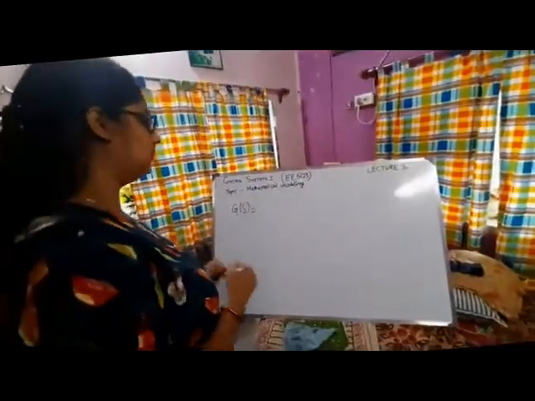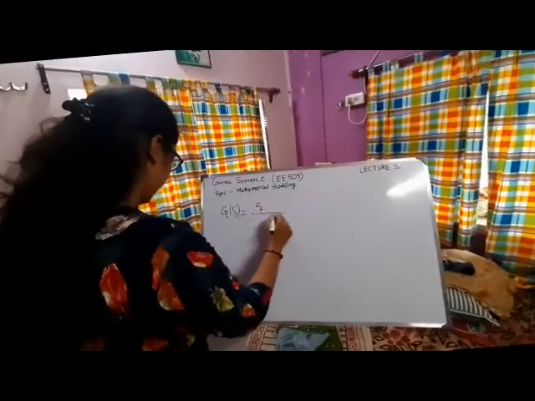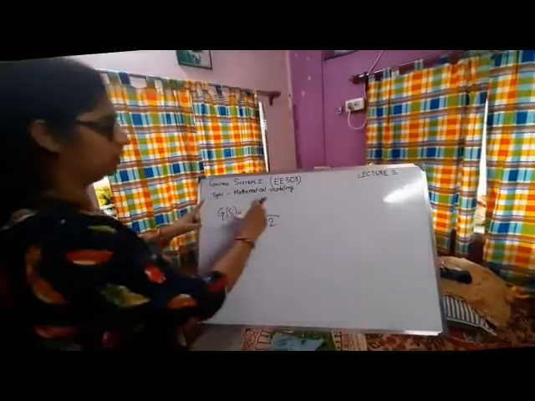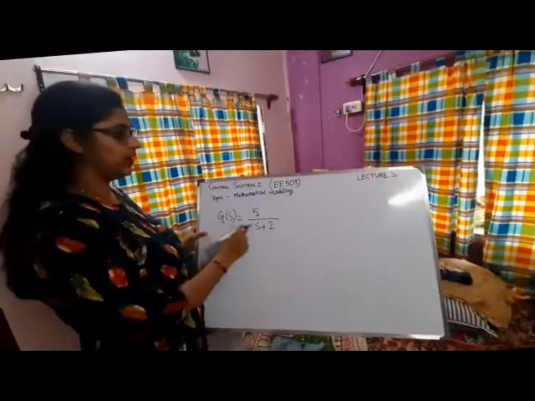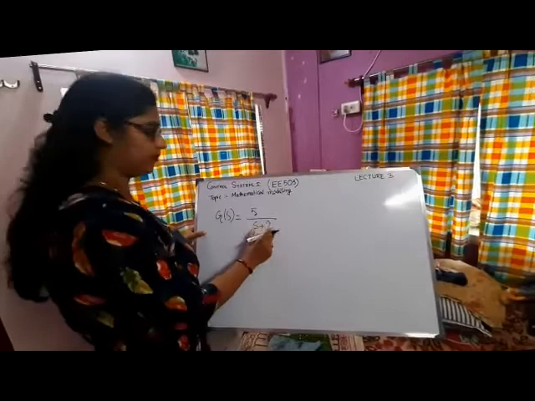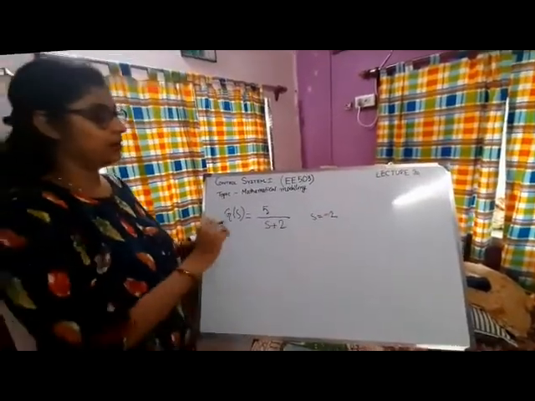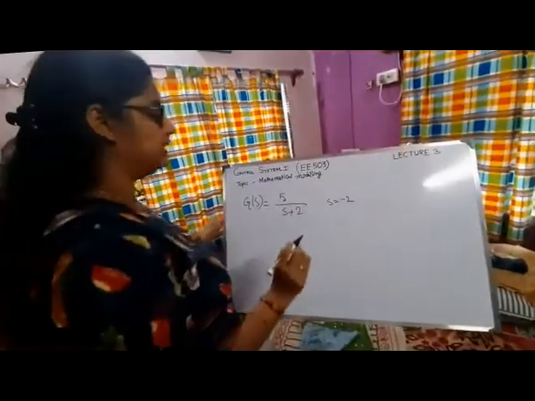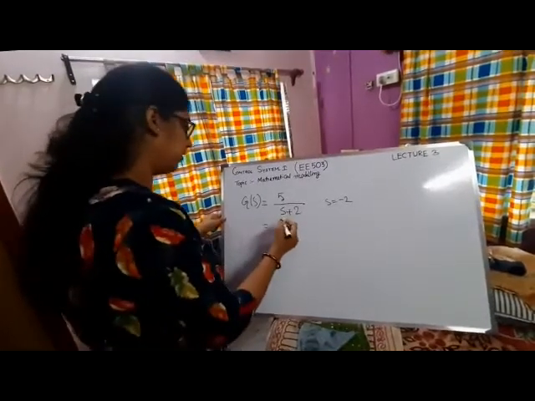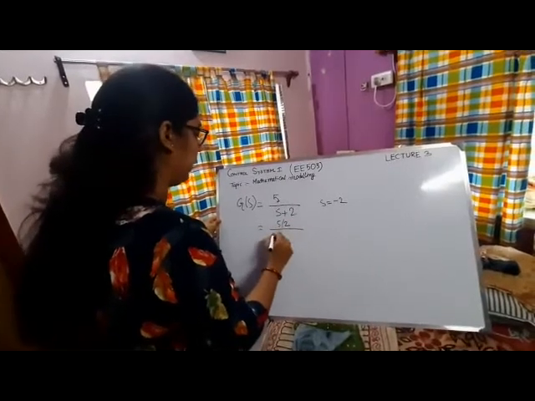Let us take another example. That G(s) is given as, suppose, 5 by (s plus 2). So from this given transfer function, we can easily find out the pole locations. That means pole location is directly given in this system. That is s is equal to minus 2. This is the pole location, and there is no zero in the system, and 5 is the gain of the system. Now we can divide it by 2. So it becomes 5 by 2 divided by